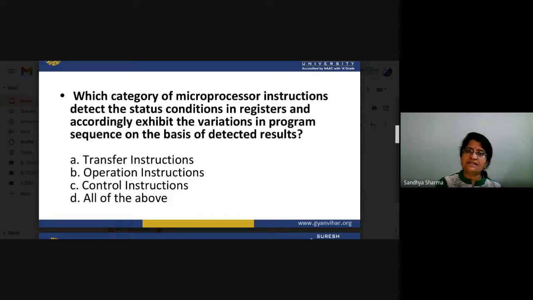The very basic thing is that yes, you can work on the registers very easily. Just move this and this, and you can add, multiply, subtract your data. But when you have to work on memory locations, and in many programs you are given so much data in different memory locations, you have to take the data from that particular memory location, and then we can use that particular value.